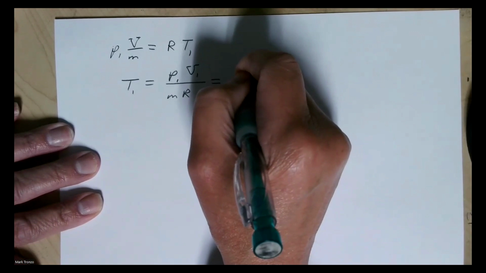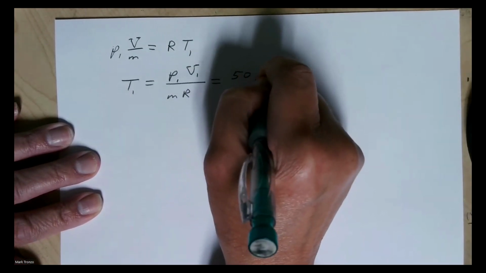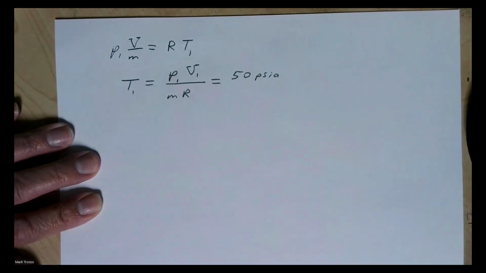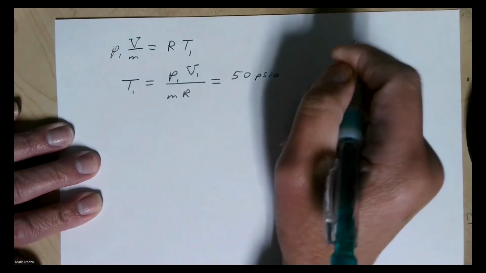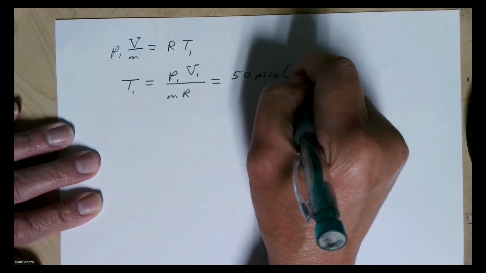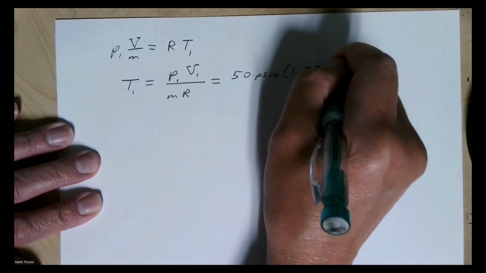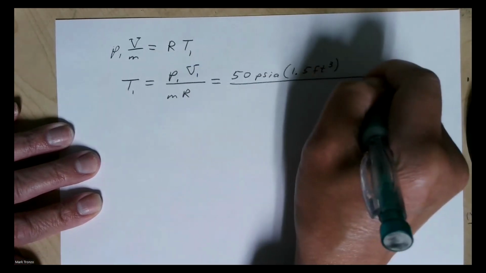And our pressure was given as 50 psi. Now, let's see. Yes, so we can use this because I think the psi will cancel, so we don't have to convert it. And the volume initially is 1.5 cubic feet,